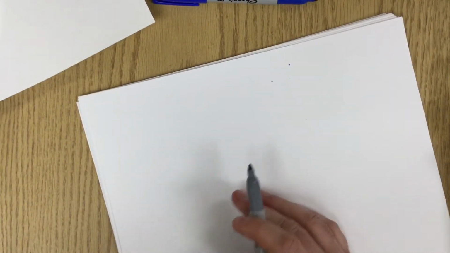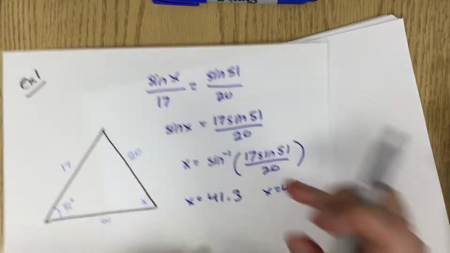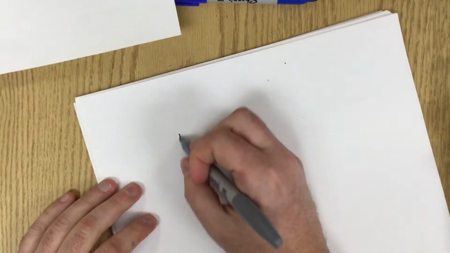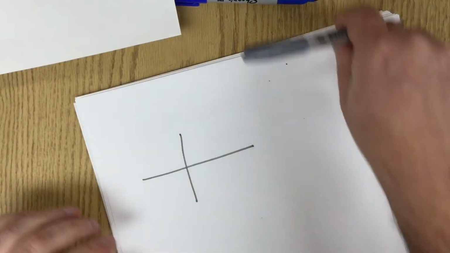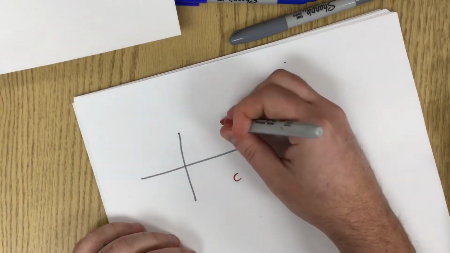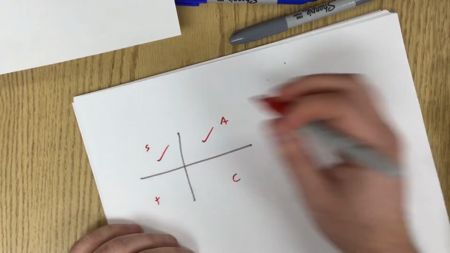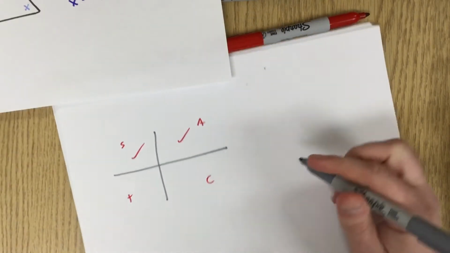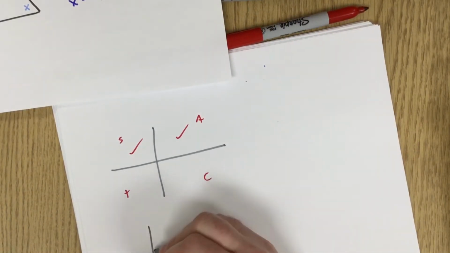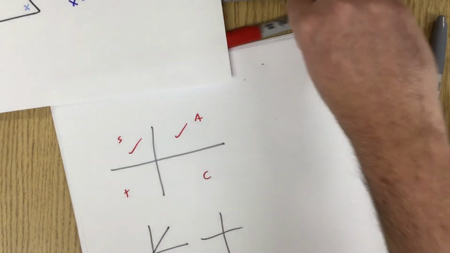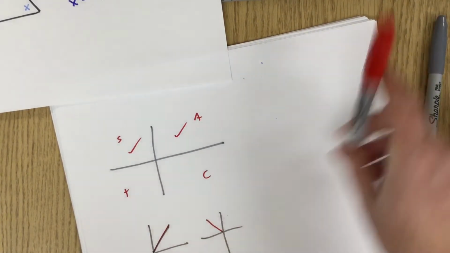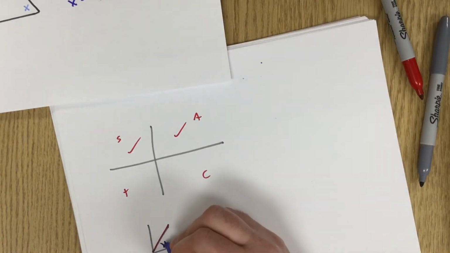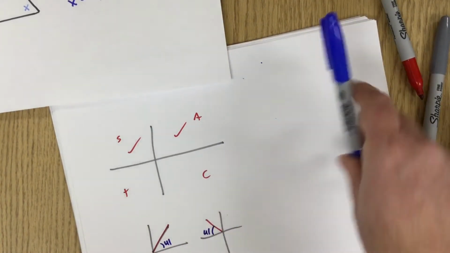Well, what we have to think about is there's actually two answers, right? If the sine of x is equal to something and it's positive, then because of the CAST rule, we have an answer in the first quadrant and the second quadrant. And what happens is this 41 is our related acute angle. So we have our first quadrant answer, not too exciting, and our second quadrant answer. So that's 41, that's 41,